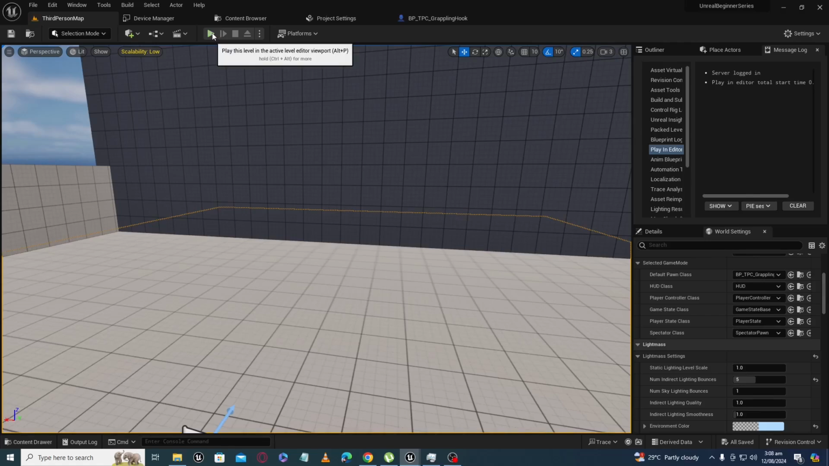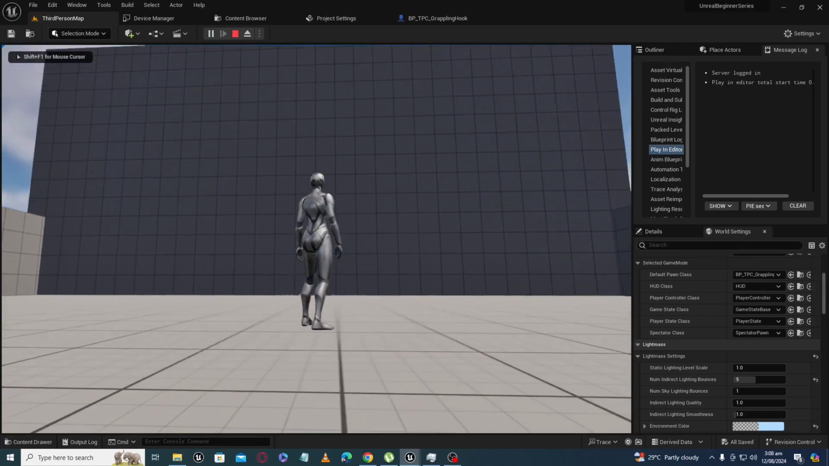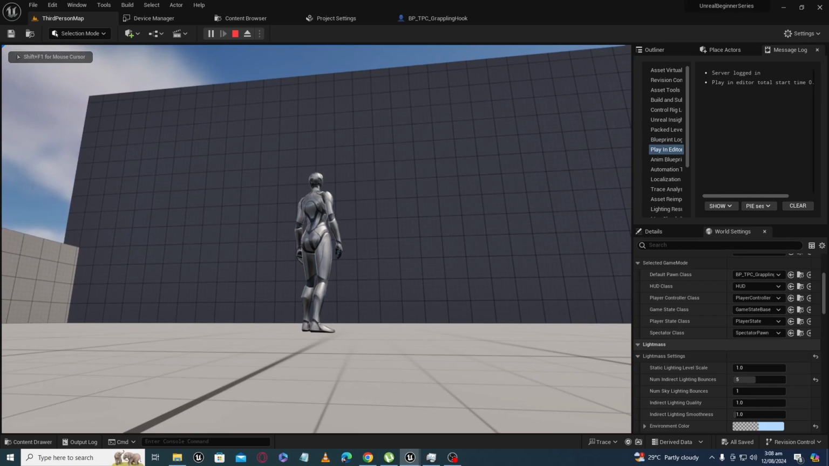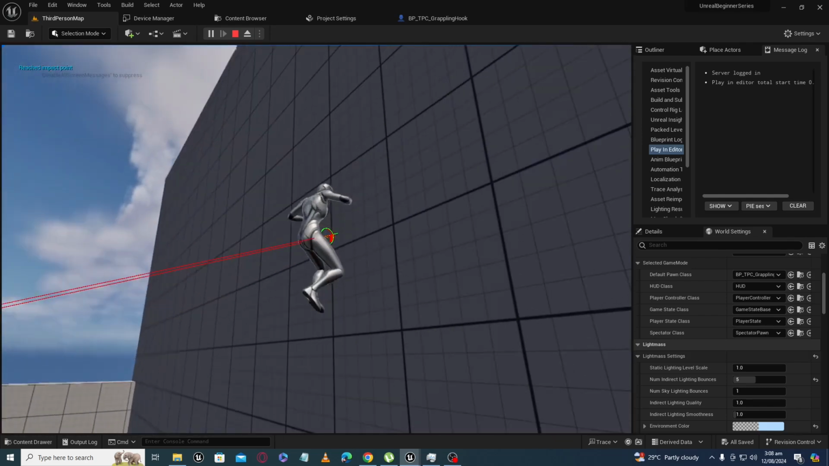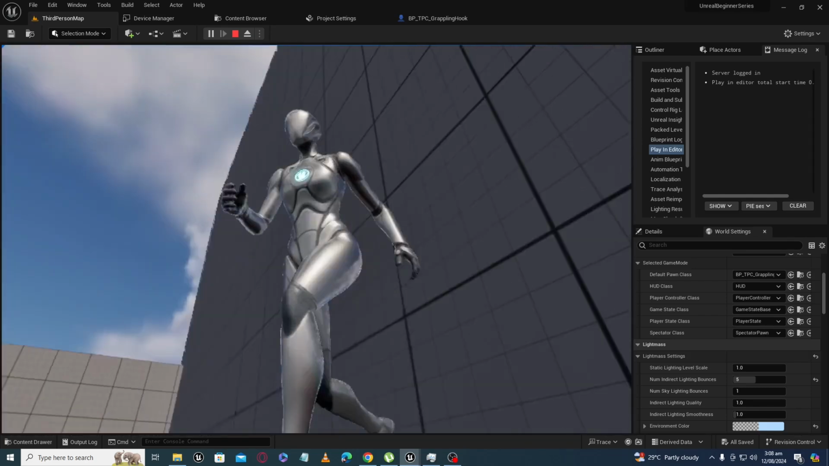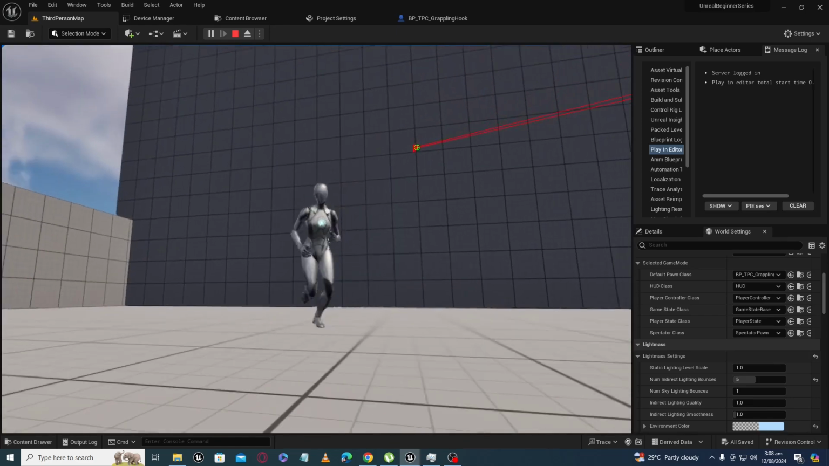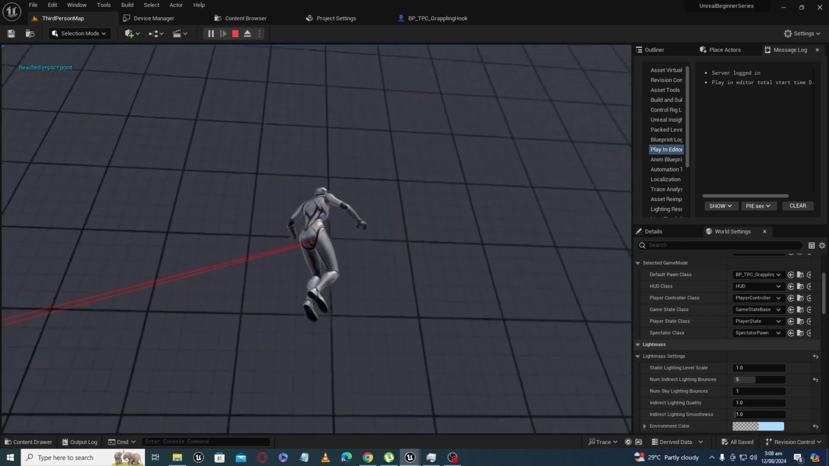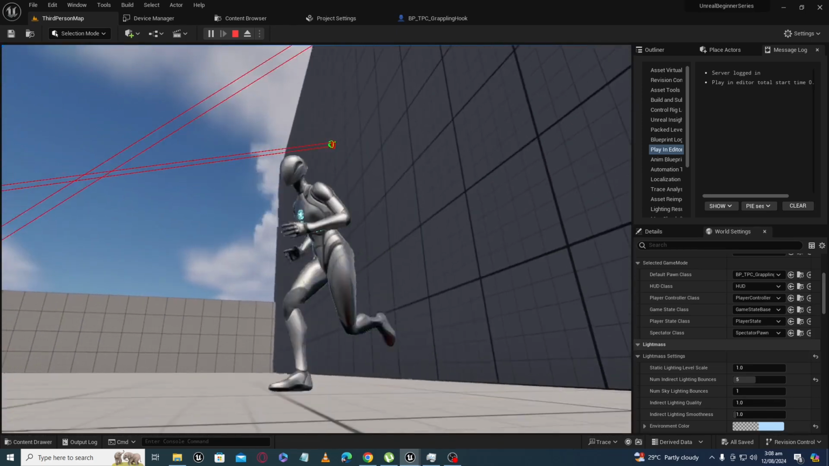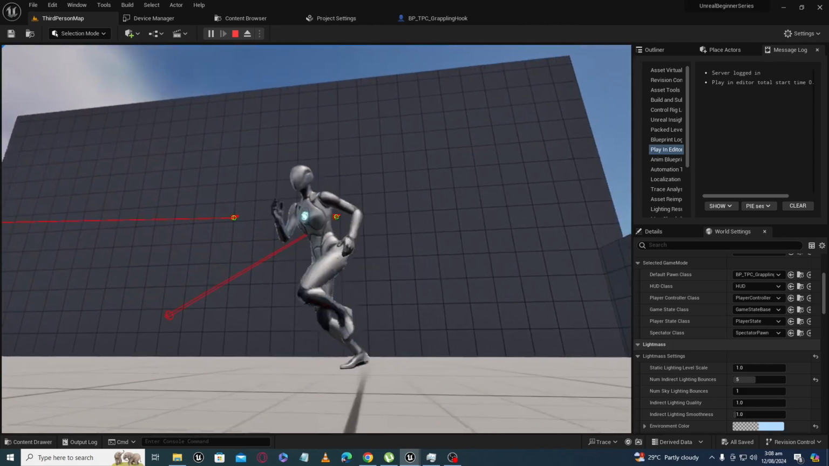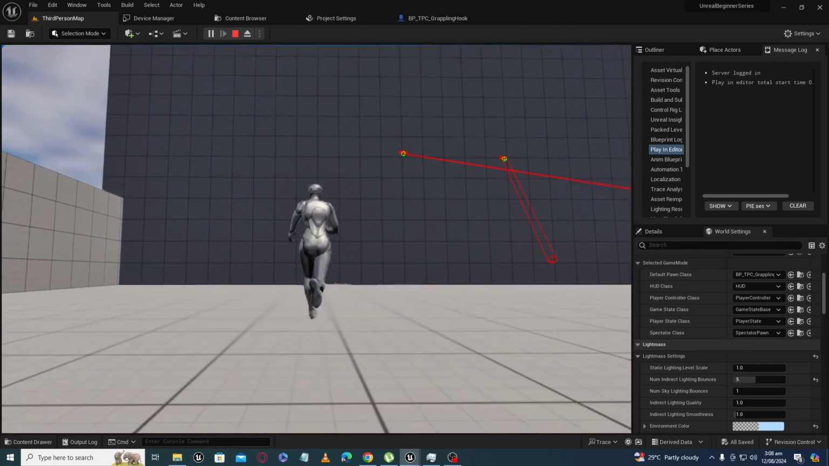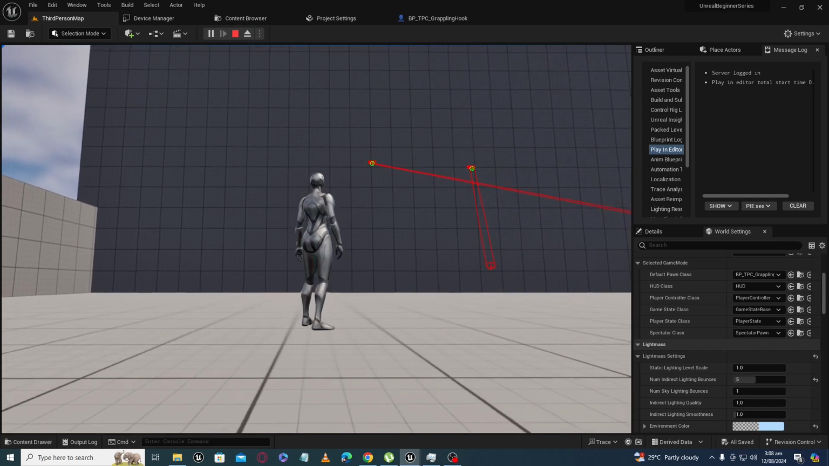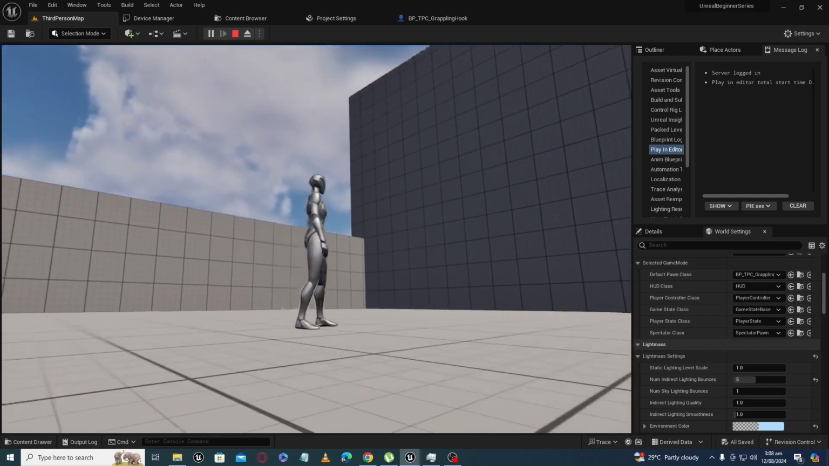In the previous tutorial, we created the grappling hook that attaches to the impact point wherever we look, and then our character moves from the initial location to that point, like it happens in grappling hook game mechanics. But the only problem was that